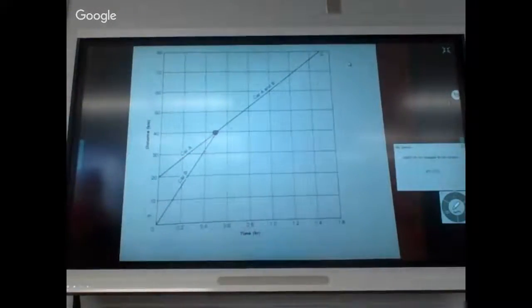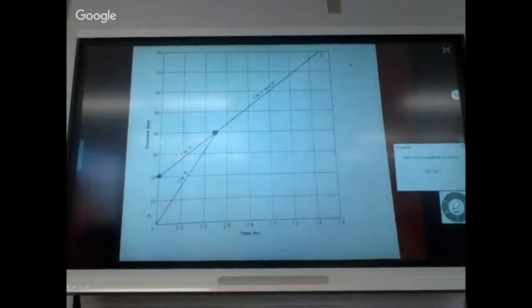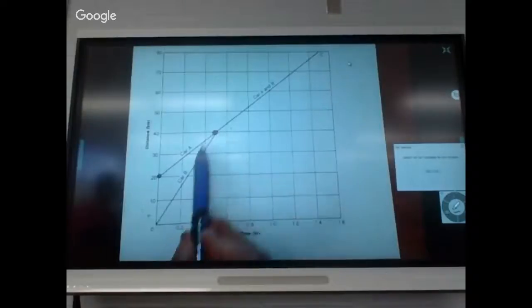All right, where did car A start? Did not start at Walmart. It started here. Now, what have we been saying all along when you had 2 distances? What do you do with that? You subtract them. Now, it would be great if we could say that they met here and it started here,